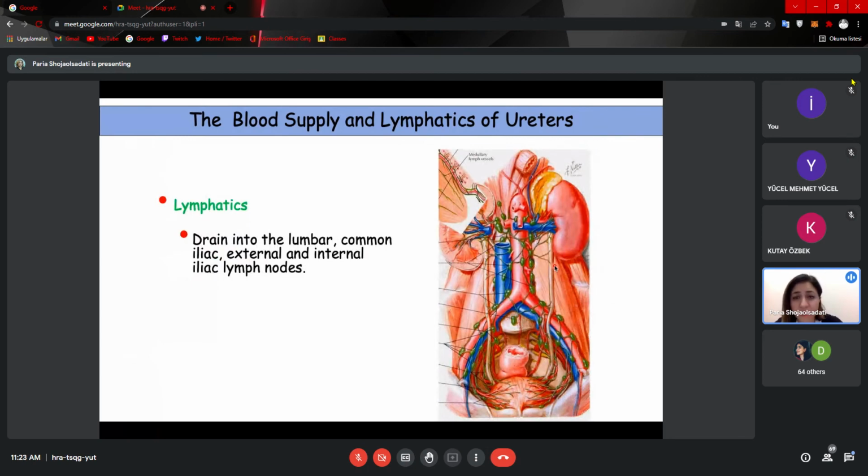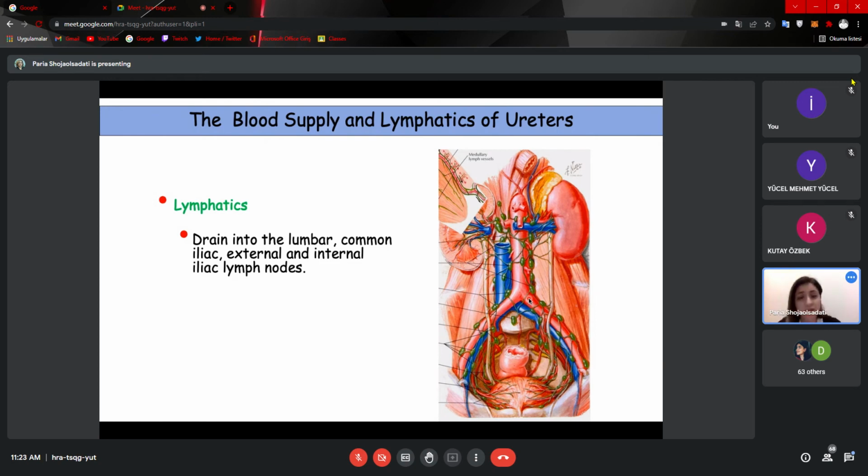The lymphatics of the ureters drain into the lumbar, common iliac, external and internal iliac nodes. As you see in here, these are named as the internal iliac lymph nodes, external iliac lymph nodes surrounding the external iliac artery, common iliac lymph nodes surrounding the common iliac artery, and lumbar is this one. And these lymph nodes are nearer to the lumbar vertebrae. For this reason, these are named as